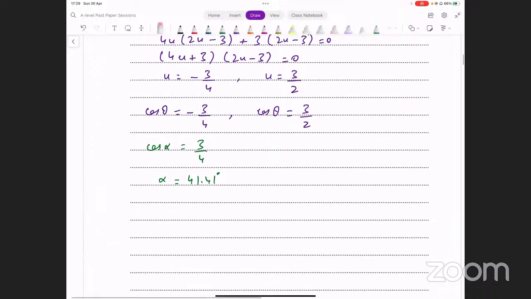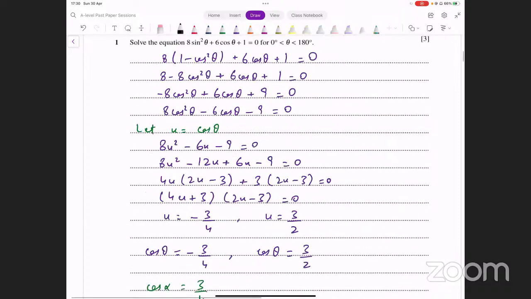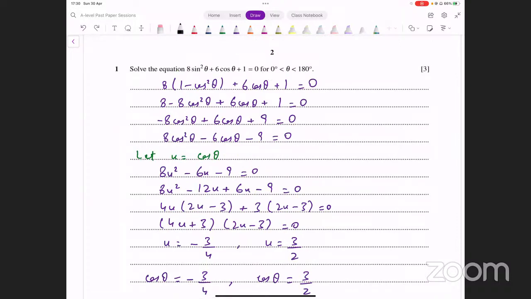Now think of the quadrants you can be in. Cos is negative. Where is cos negative? Remember, cos is positive in the first and fourth quadrants. So it will be negative in the second or third. However, if you look at the interval that's given, that's from 0 to 180. That means third quadrant